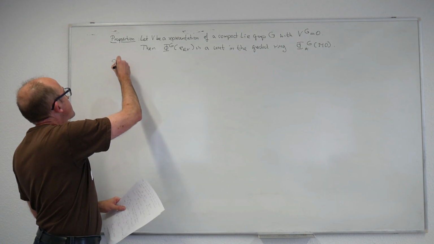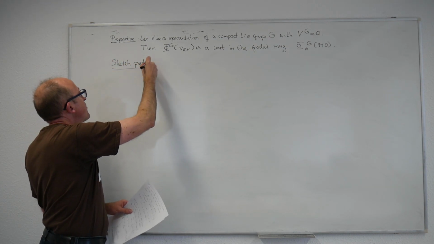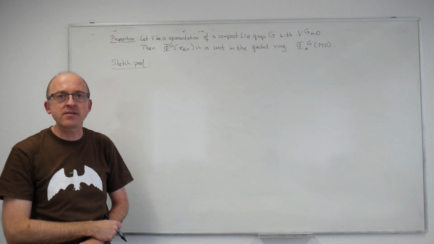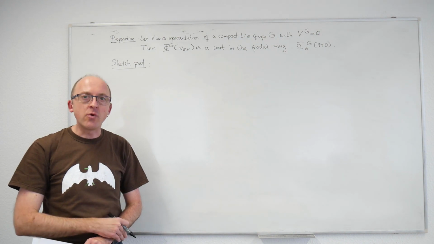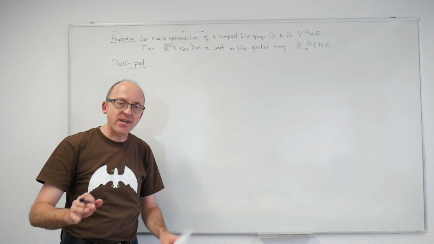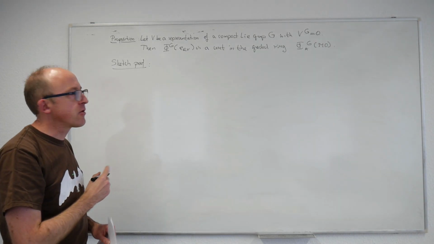So let me give a sketch proof, which again means that I'm not completely formalizing everything, but I want to give you the main mathematical idea behind this. The thing that is not completely formalized is that in the proof I do want to use ROG-graded homotopy groups without saying completely carefully what they are. But let me use the following ad hoc definition.